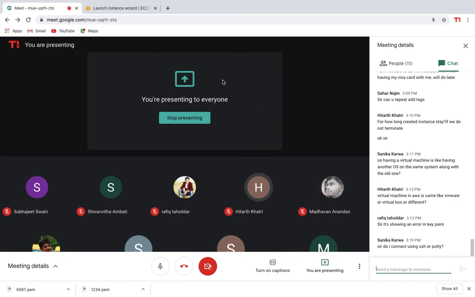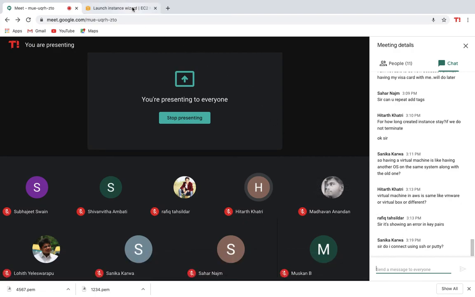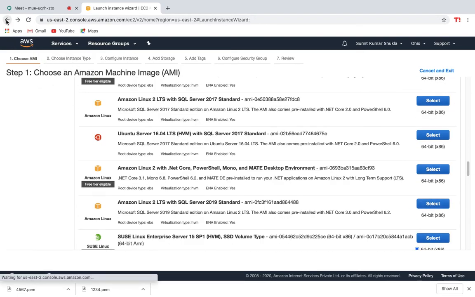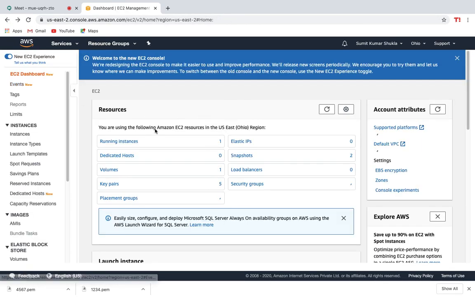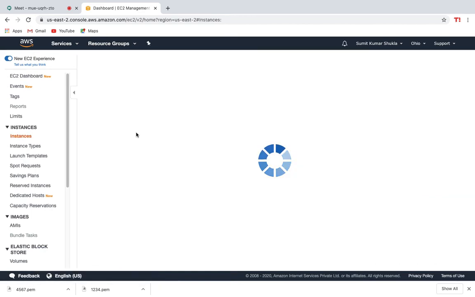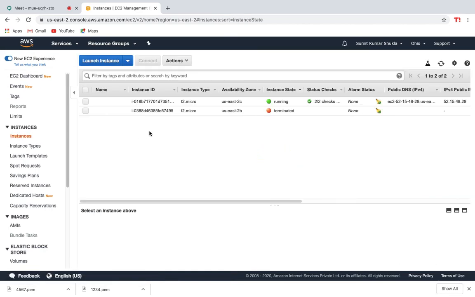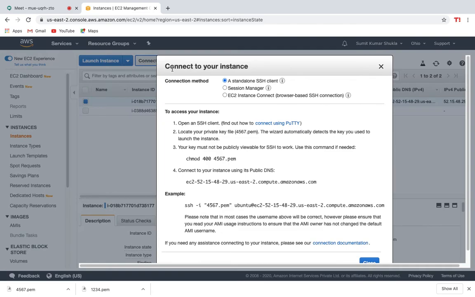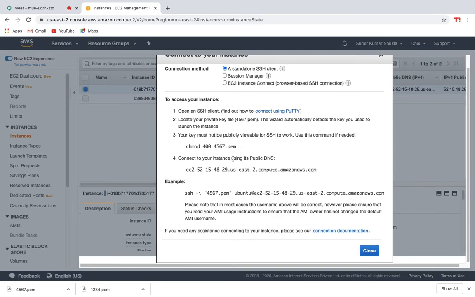SSH. Okay, so let's see what ours has been. Running instances is one. See what's coming on. Okay, it has been checked, so let's connect with it, guys. Connect using PuTTY.